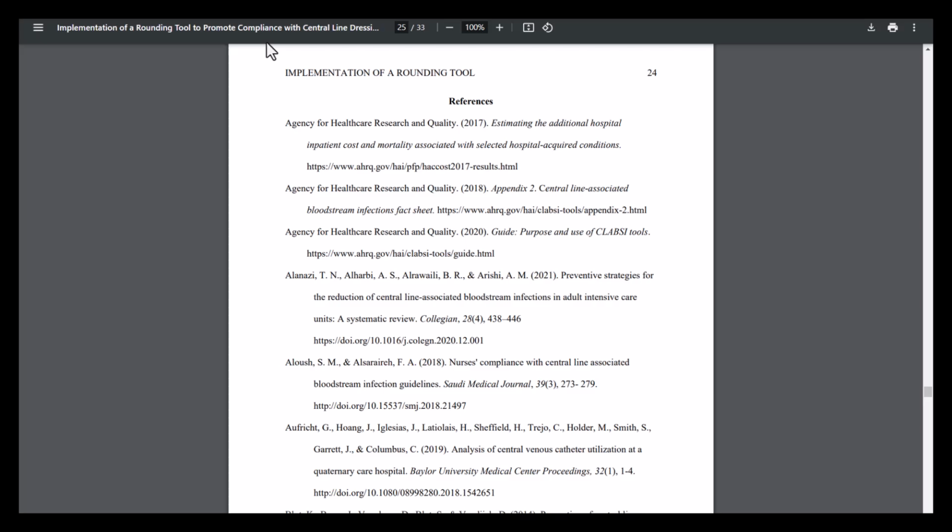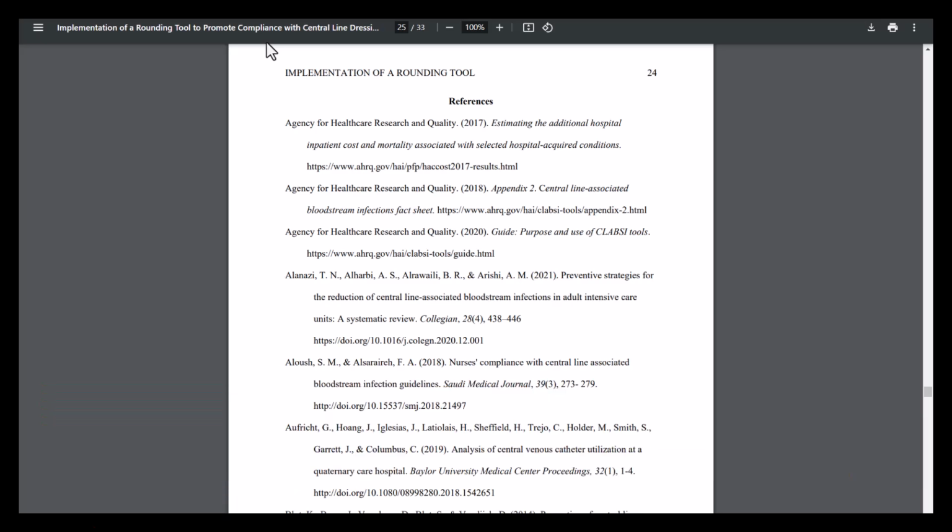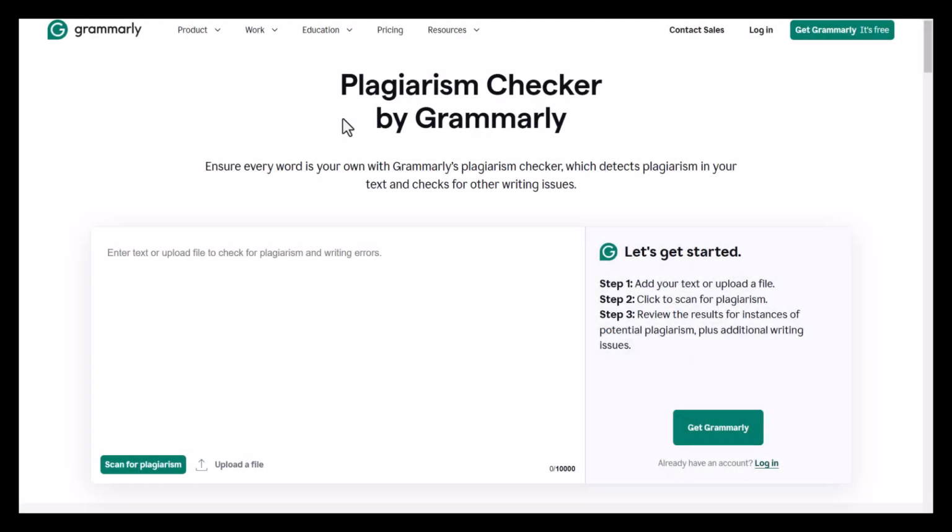There are a few ways you can protect yourself from inadvertent copyright infringement. The simplest and most important method is correct attribution through citation. Make sure to check your citations carefully, and when in doubt, always err on the side of citing. You can even run your project through a free plagiarism detector, like Grammarly, to ensure you haven't accidentally forgotten to